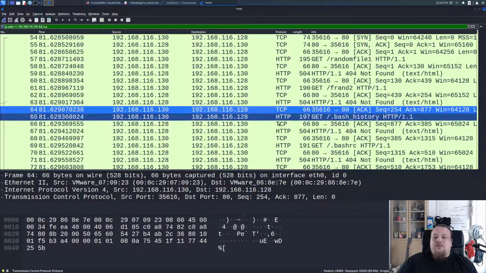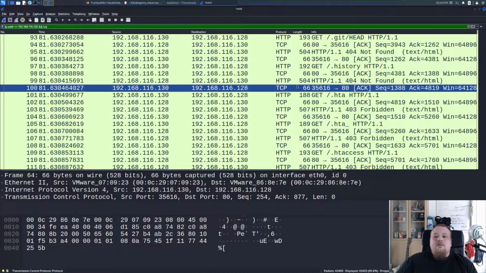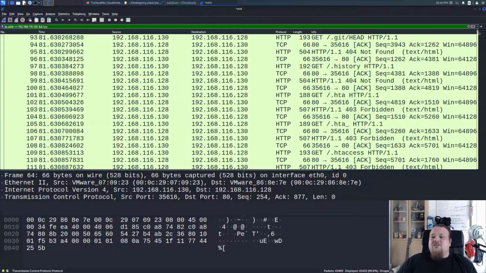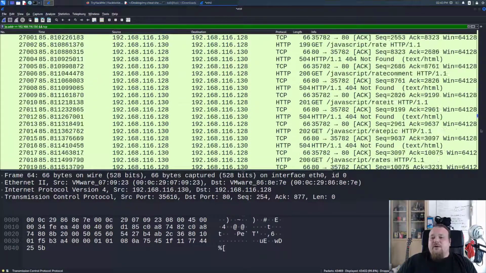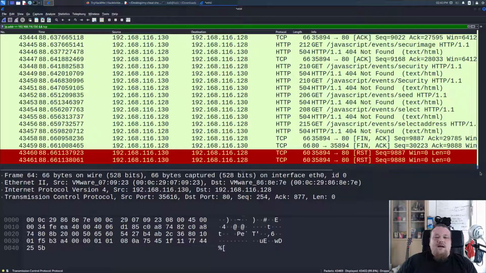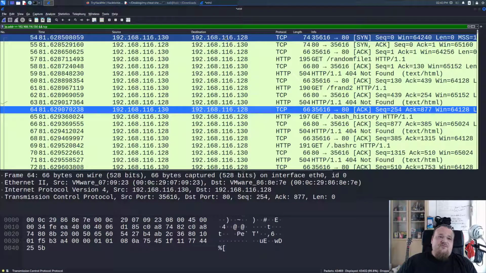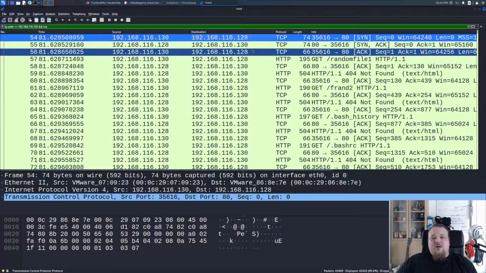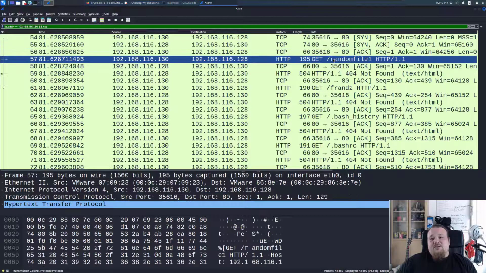We would probably not see any craziness here. It looks like ACK packets all the way down. I only see two reset FIN-ACK, so I suspect only one connection, starting with the first packet here. We have a SYN-ACK back from the victim to the attack machine, and then we just see a lot of